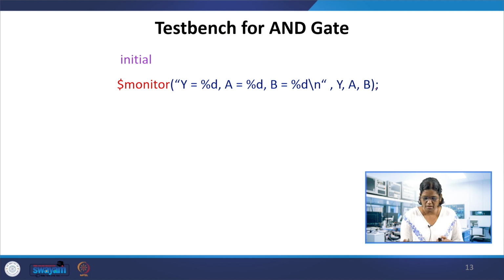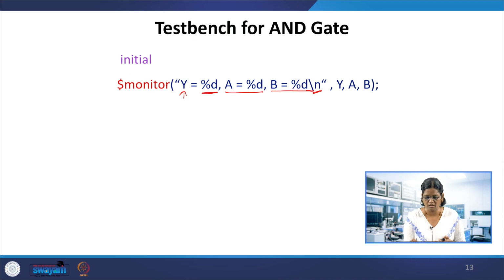Within the brackets you can see the syntax of $monitor, where you can specify the strings and the corresponding signals as well. Y is the output, and %d signifies that we are going to represent Y in decimal. Similarly, A is an input, %d, separated by comma, and B equal to %d, so the other input B is also represented in decimal. \n gives the new line within the quotes.